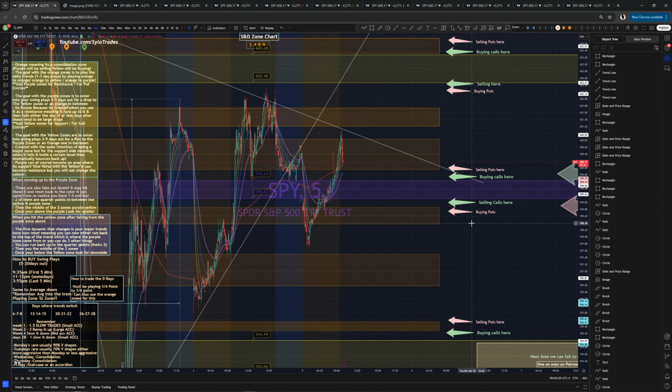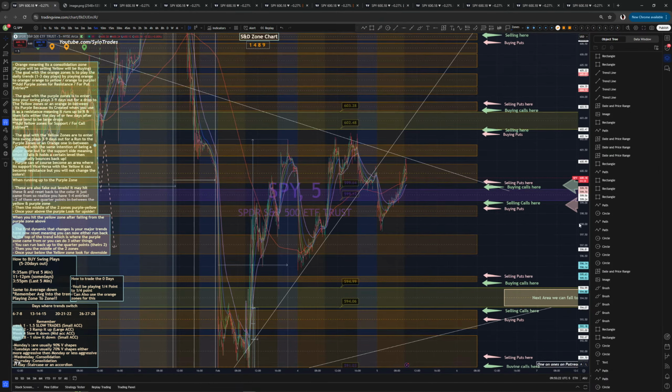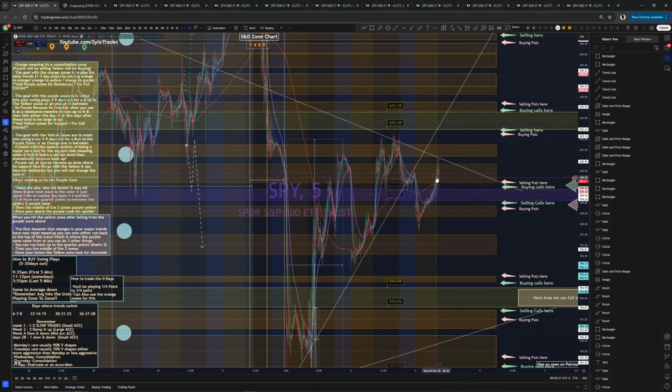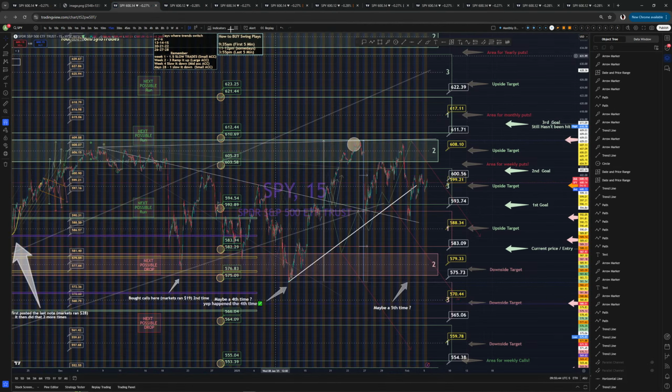This is getting exciting. So yeah, you might actually fall straight down to this orange one down here. That's going to be the equal reaction currently. And if we go to our other DARP chart,